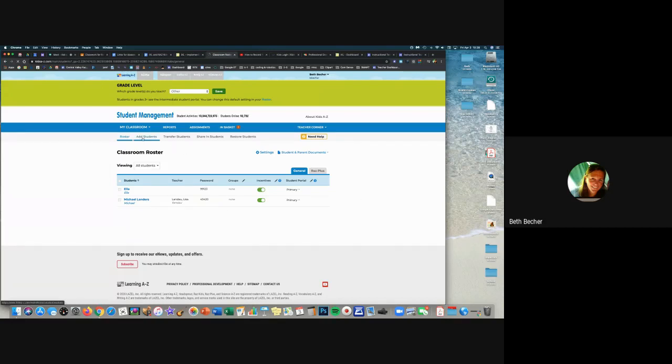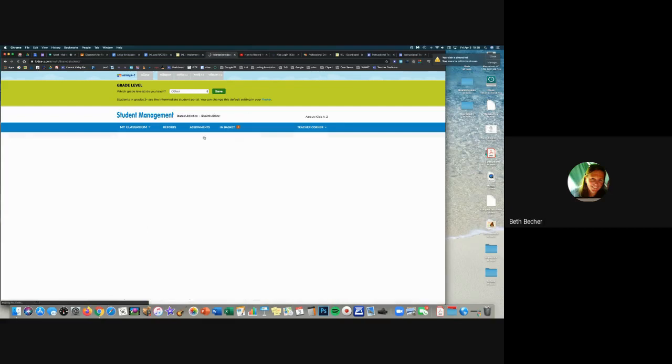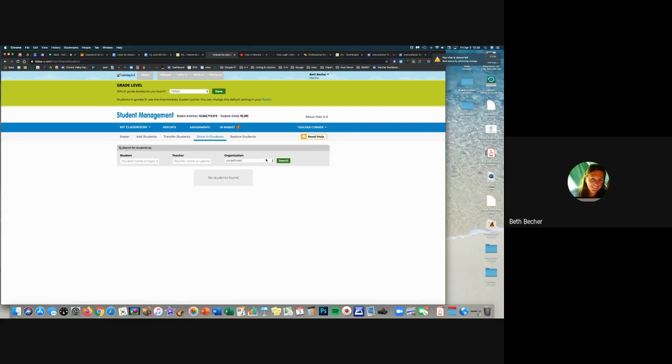If I go into add, and I'm a reading teacher, I can actually share a student with another teacher. So I can add a brand new student, or I can share. And sharing allows you to search for a student and then add them to your class. And that's how I was able to add Michael as a shared student. If I go back to my roster,